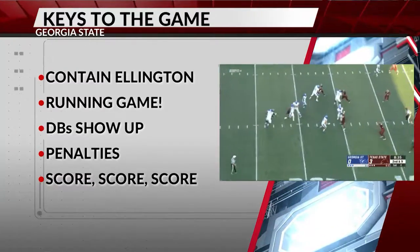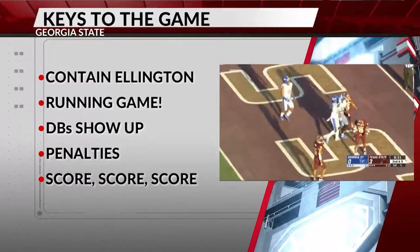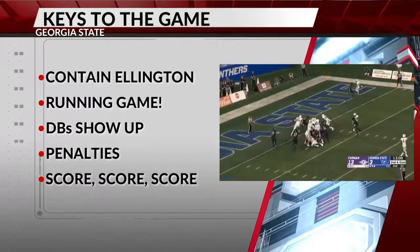Yeah, we haven't given much love to Omar Bayless, so I'm gonna give him. He gets all my love and affection. Omar has been unreal this year. He's become such an offensive weapon, one of the best in the country. I mean, he leads the nation in receiving yards by 1 right now, 689 yards and 7 touchdowns on the